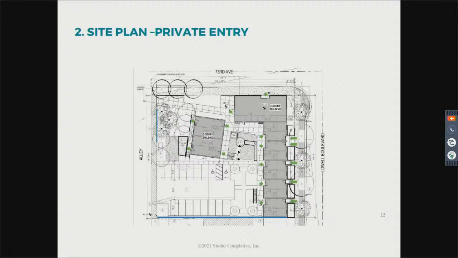Residential units on the first level are provided with dual entries. Units along Lowell Boulevard provide a walk-up brownstone style entry with additional more private entries facing the interior courtyard. The community room has 2 entries, one facing 73rd Street and one on the west side of the space opening into our hardscaped courtyard. The 2-bedroom units on the west have entries opening towards the interior lawn garden, as well as entries opening onto the semi-public garden to the west, providing eyes on the alley and sidewalk for increased public safety. Next slide, please.